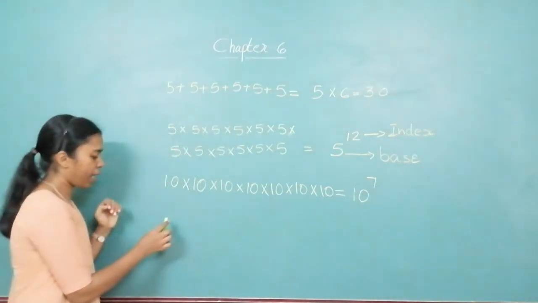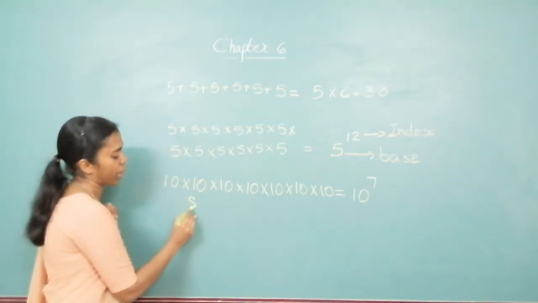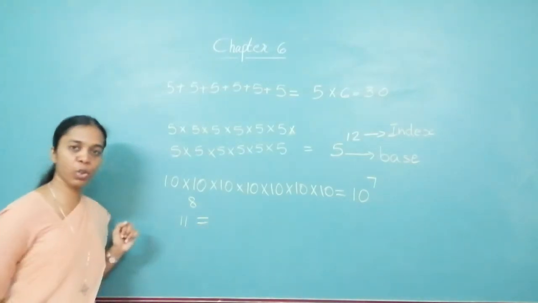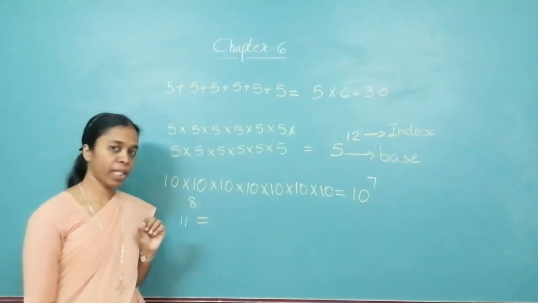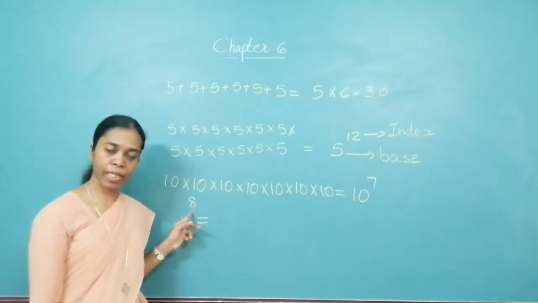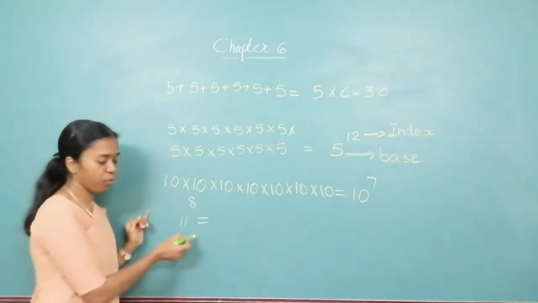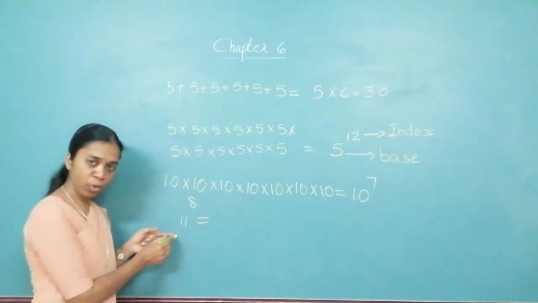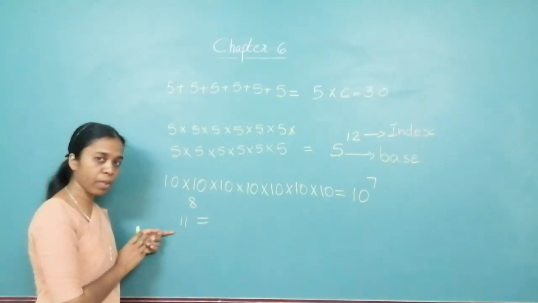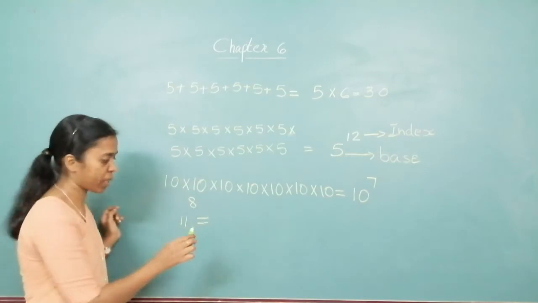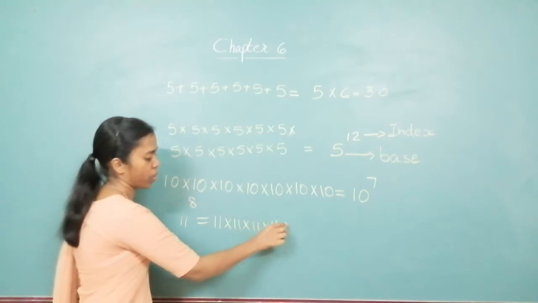Suppose I'm giving you 11 raised to 8. 11 raised to 8. Can you tell me what is the base over here? Base is 11. What is the index over here? Index is 8. Now, how do I write it in the multiplication form? This is in which form? This is in the index form. In index form, I want to write it in the multiplication form. Multiplication form is the expanded form of it. That is 11 into 11 into 11 into 11 into